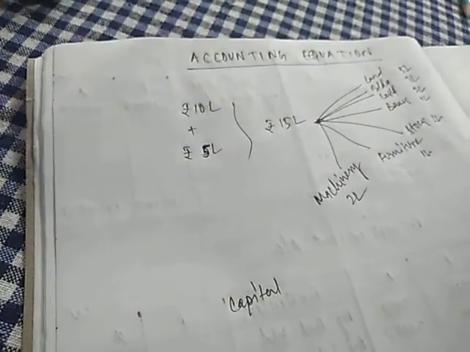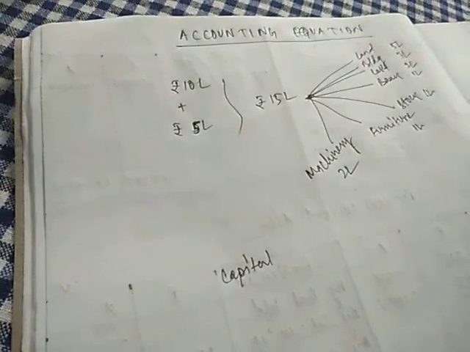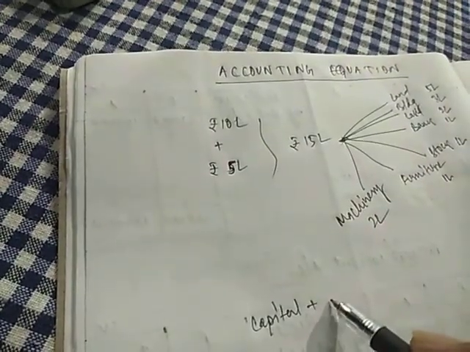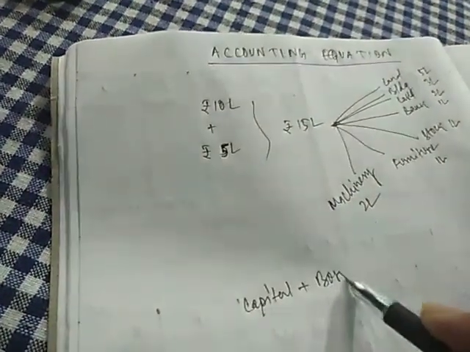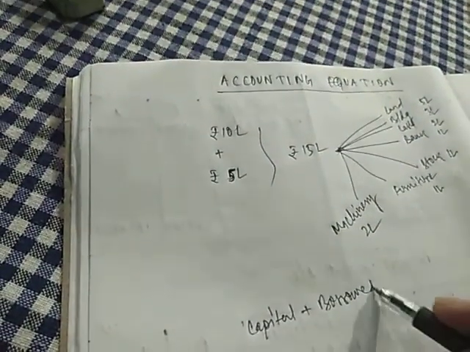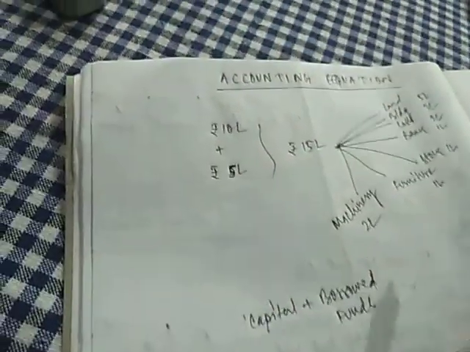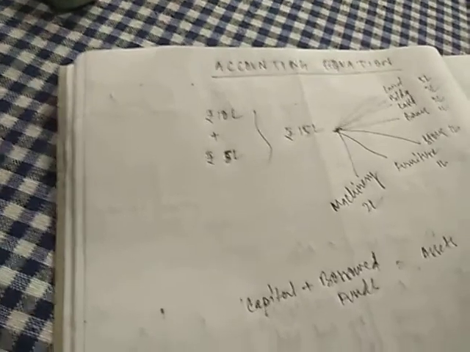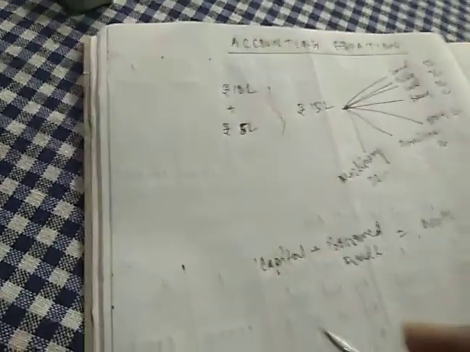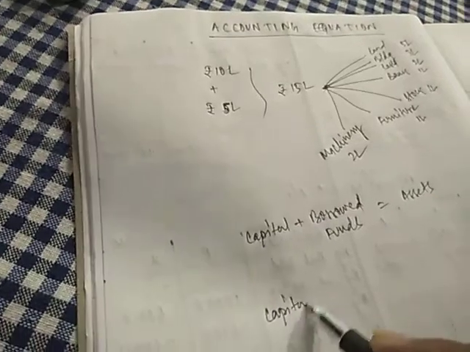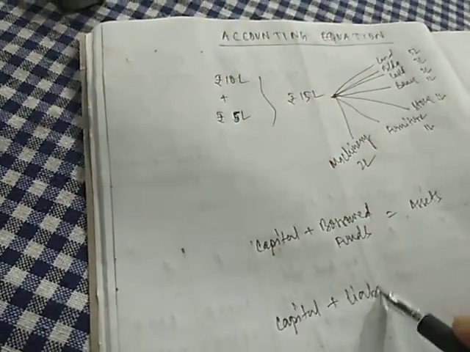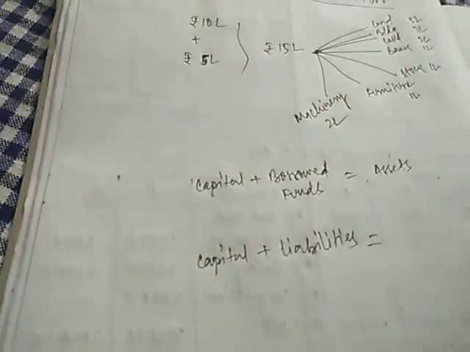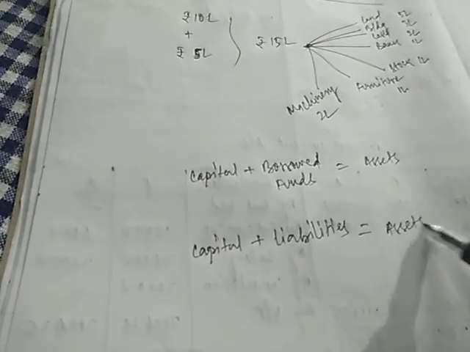Now we were discussing this capital investment and the assets representing such capital investment. So whatever amount of investment will be made in the business, that is capital plus the borrowed funds that are obtained, they both capitalize to all the assets of the firm. So we can make an equation out of here: capital plus liabilities, whatever the liabilities are, maybe a bank loan or a loan taken from some other financial institution or something else, will make up the assets of the business.